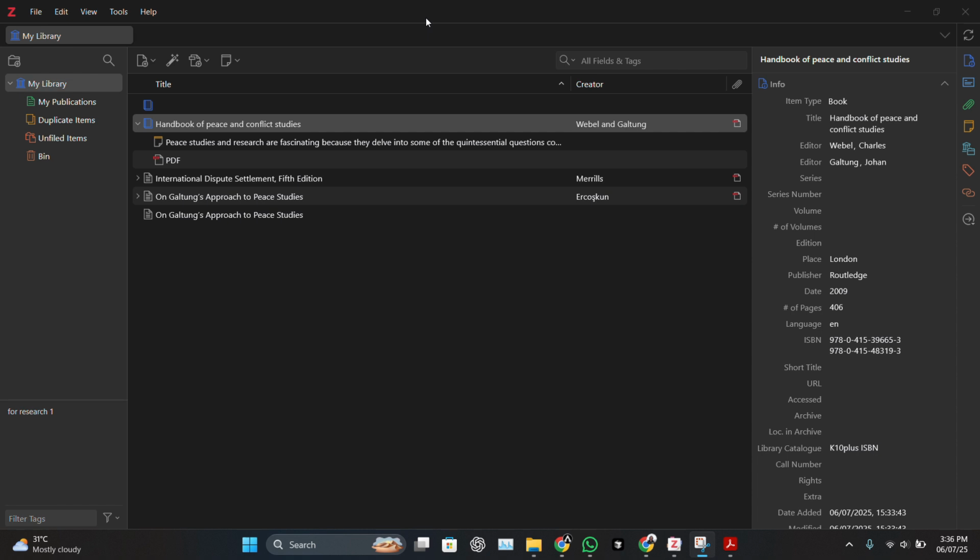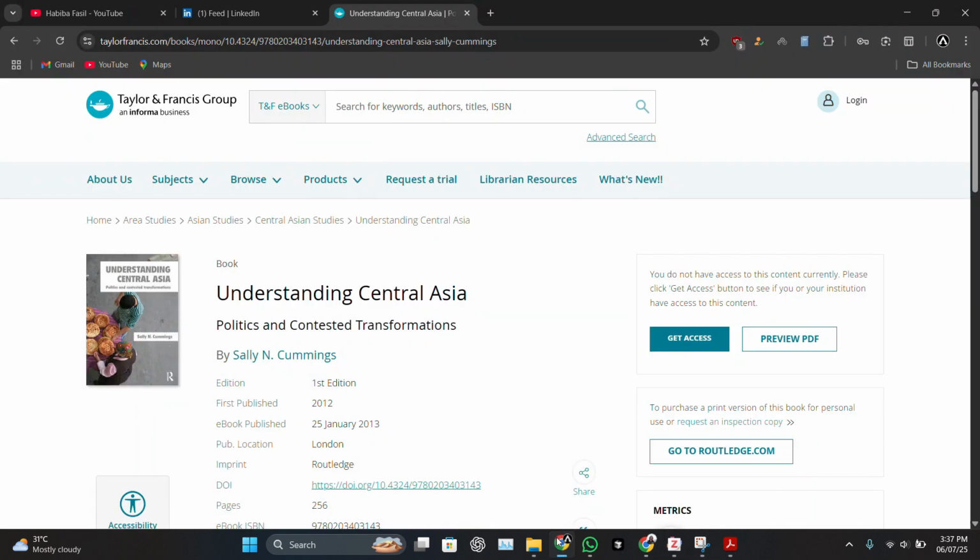But the fourth and the most important and the most convenient one is automatically extracting the references from the online source. In order to do that, your Zotero extension must be added in Chrome or any online web browser from which you are going to extract the references. In my case, I have already added my extension to Google Chrome because I primarily use it to search my data. So, for example,